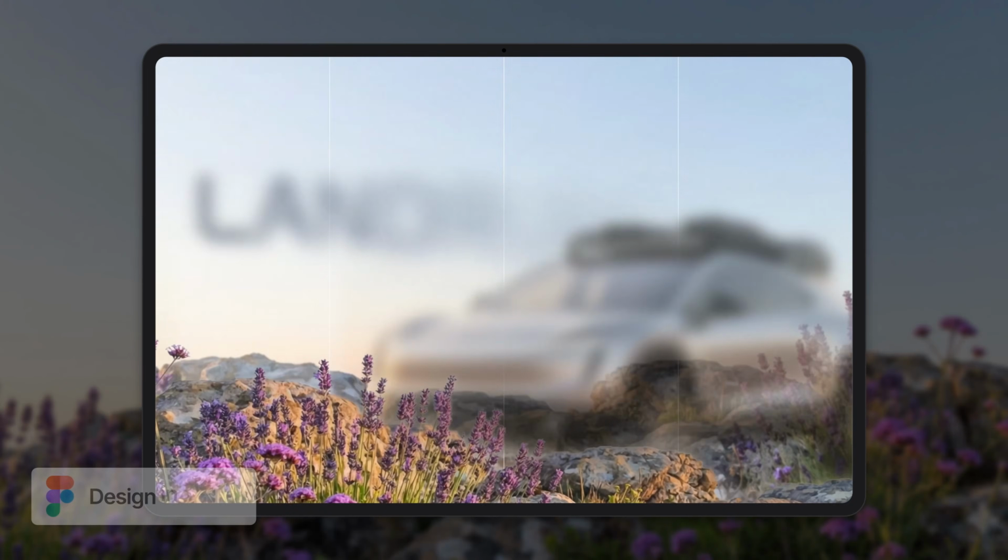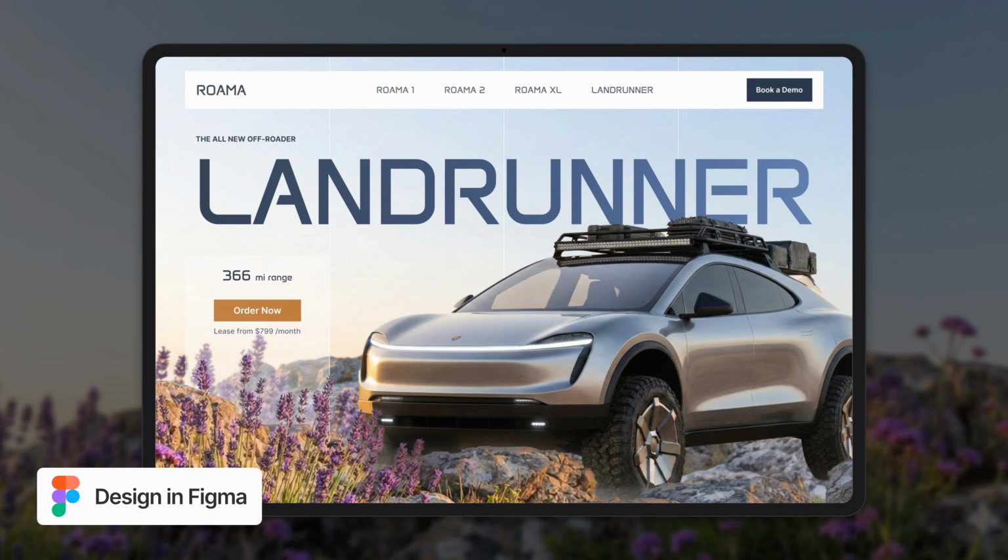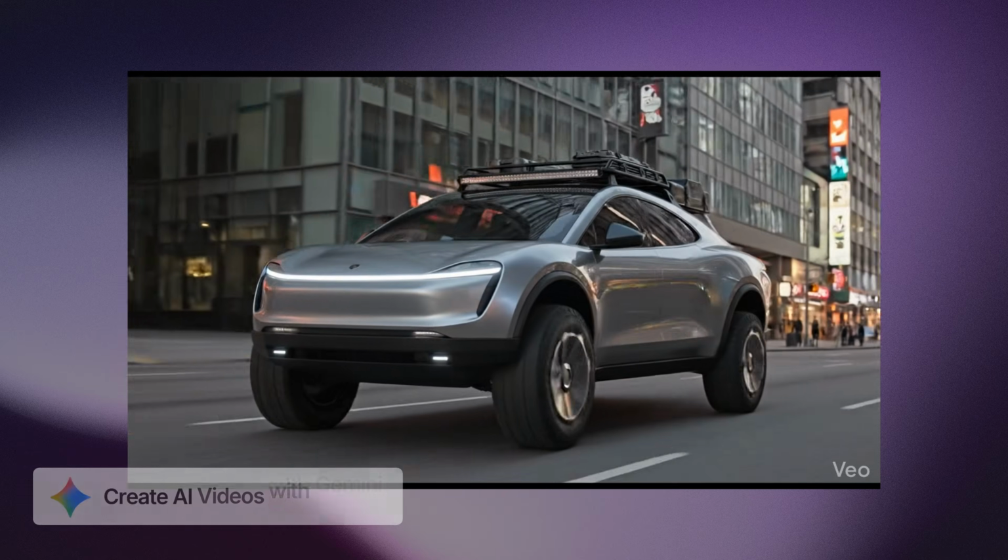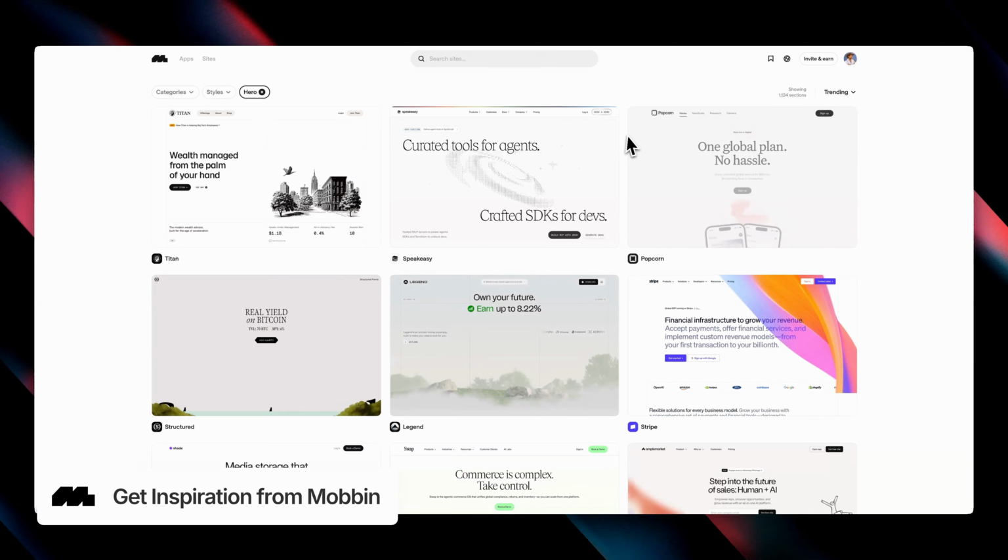In today's video, we are going to design this animated website using Figma. We're going to generate AI assets using Gemini, and we're going to find inspiration for this using Mobbin, which is